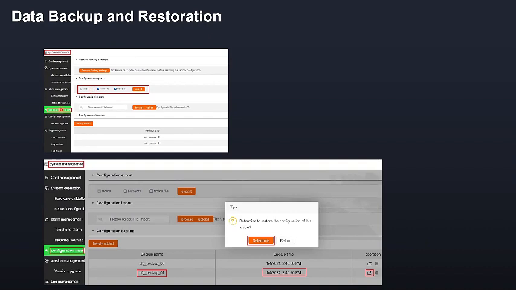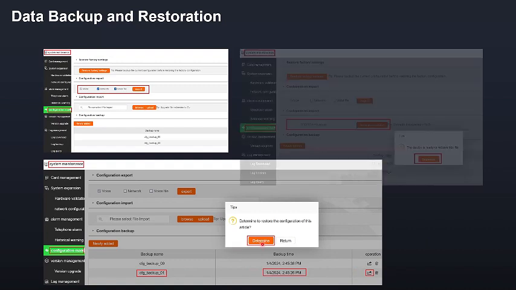Go to system maintenance, configuration management, then enable the network and voice file, then click export. After that, it will be added here, and you can check the date, when the backup time was set. You can recall that, then click to determine or accept.